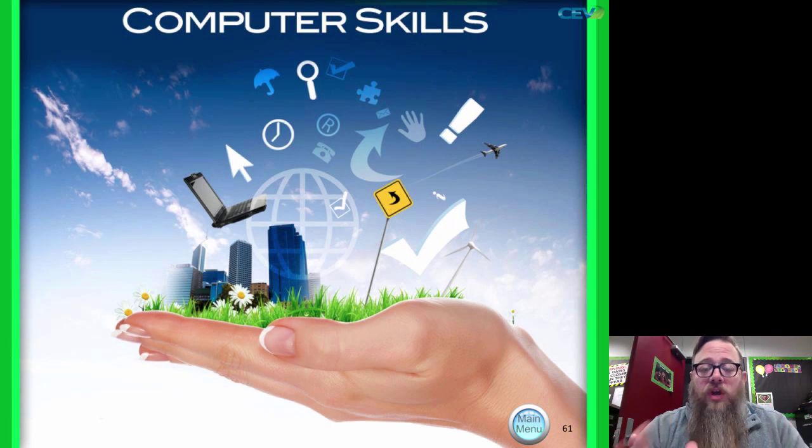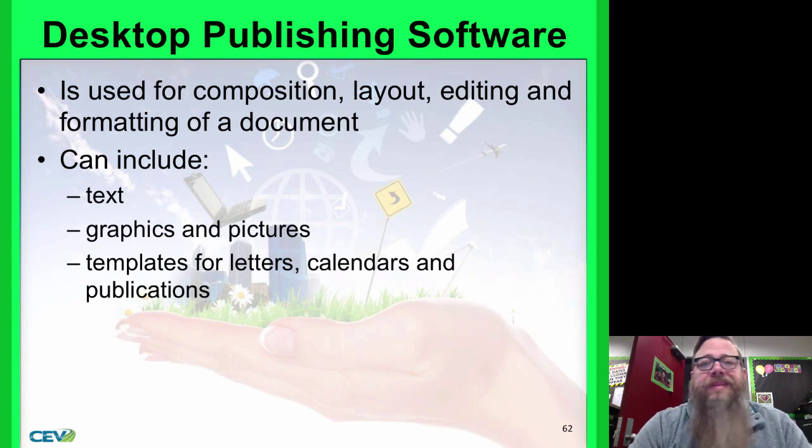So you've got your notes that you can do the fill-in-the-blank notes as you watch this presentation. And then don't forget the quiz at the end of the presentation. You need to make sure that you do that. You can use your notes on the quiz. So take really good notes and make sure that you use the notes on the quiz so that you can get all 5 questions right. Okay? All right, so these are just the different kinds of computer skills that you're going to need in the